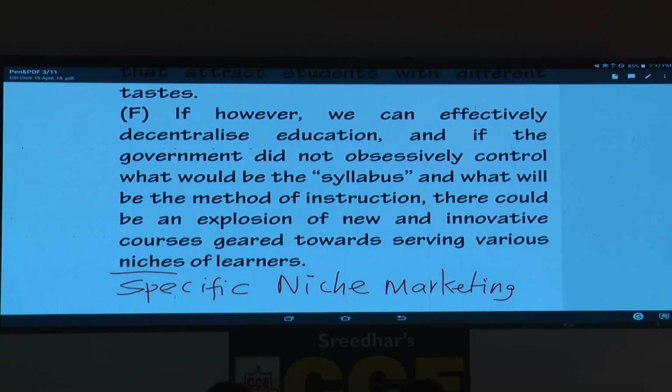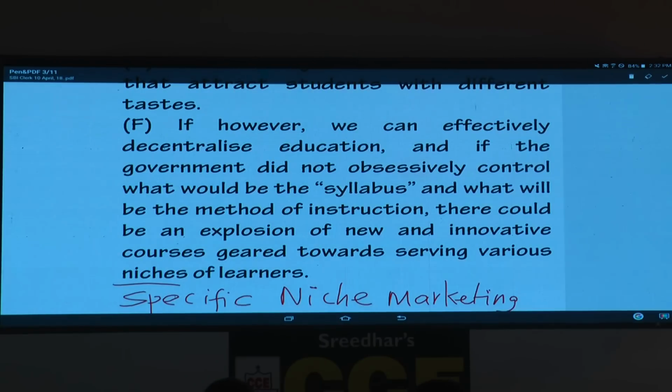Now here, first he says, how is Indian education? Then he presents an idea. He says, however, if they change their attitude, then it will bring in a positive result. 2 ideas, 2 sentences, 1 idea. So please make a note. F is the second sentence. Next 3 sentences go with 1 idea.